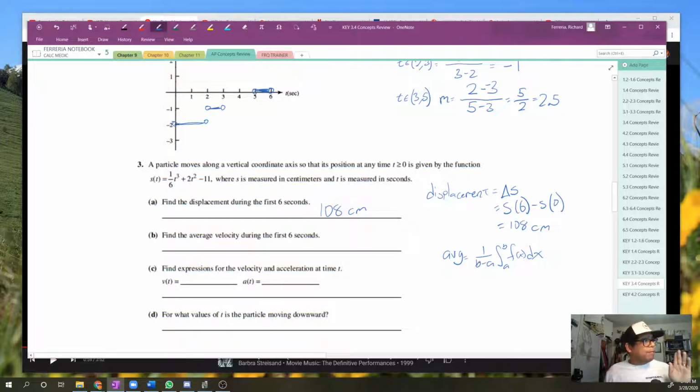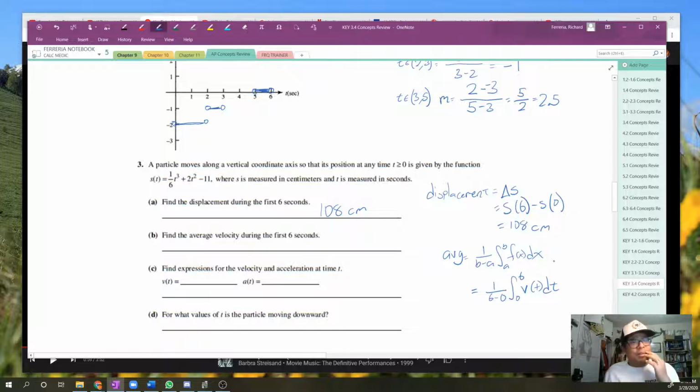So we're trying to find average velocity, so we need to put the velocity into this equation. Over the first 6 seconds, so I don't think you'll mind if I just go from 0 to 6 of velocity t dt. Well, how do I do this? They didn't give me a velocity equation, right? That's what you're thinking? Well, they did give you